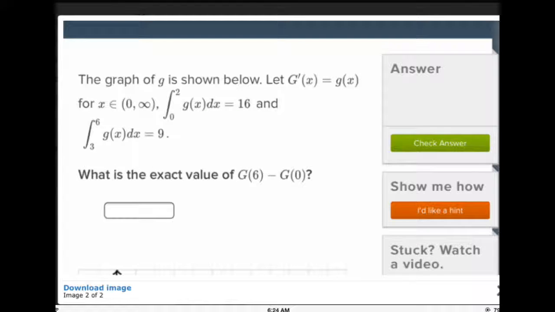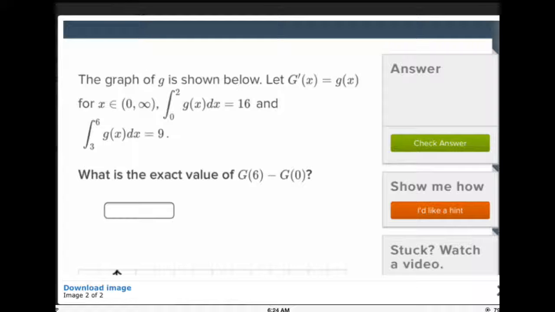Okay, so it says the graph of g is shown below, and capital G prime of x is equal to g of x. That just means capital G is the antiderivative of g. If you take the derivative, you get regular g. So anyway,